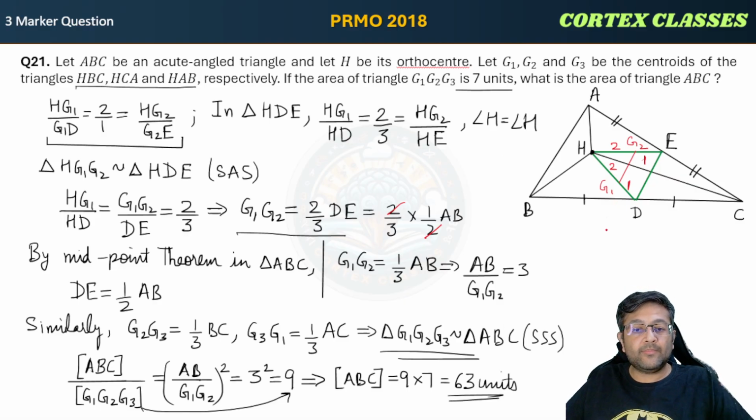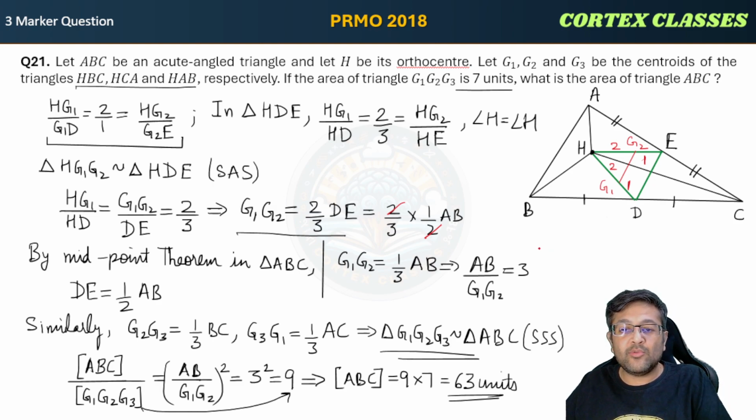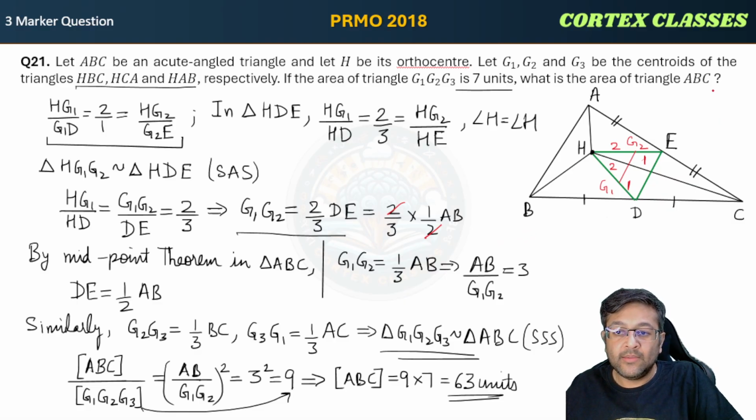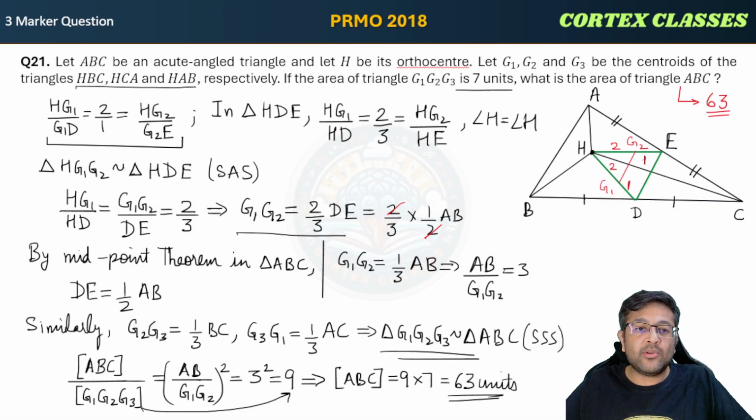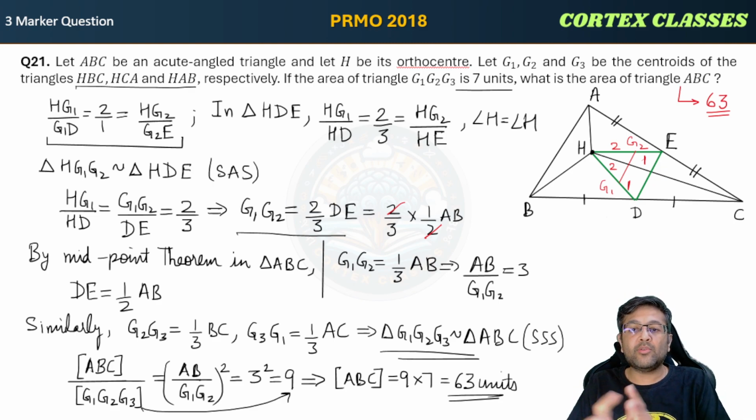Now see, only similarity is being used, and the centroid property, nothing else. That is common knowledge, right? Midpoint theorem and similarity. That's it. So the final answer to this question, as we have found, or what you would have marked in the exam paper, would be 63, guys. Pretty simple, I would say, comparatively, given that it is a 3-marker question. I explained it by writing all this, but in the exam, since it is an objective format, you don't need to actually write everything. You will get all this quite easily, right?